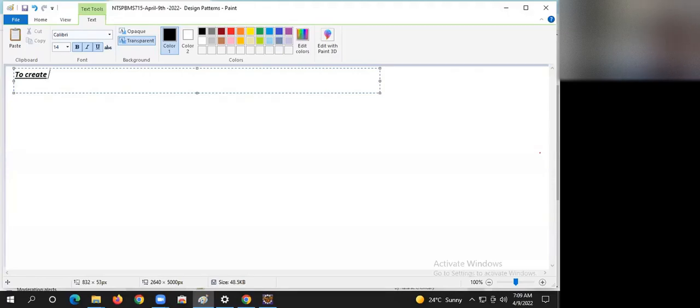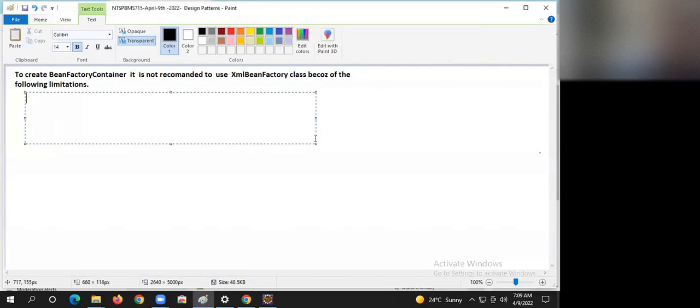To create a bean factory container, it is not recommended to use the XML bean factory class, because of the following limitations. The limitations are: